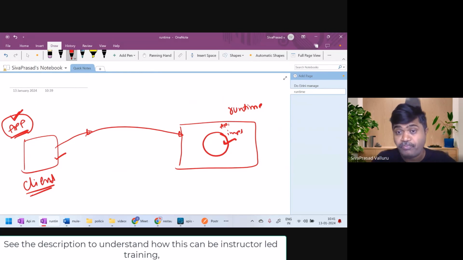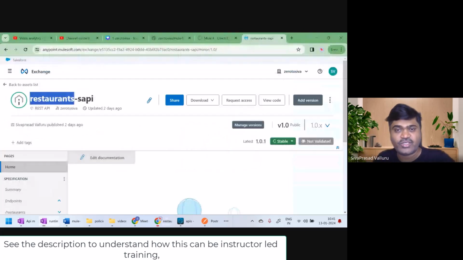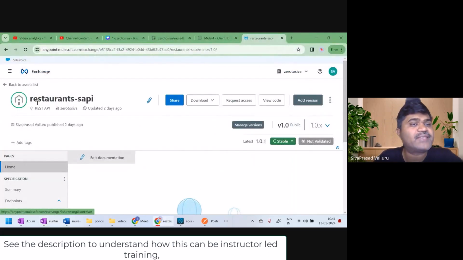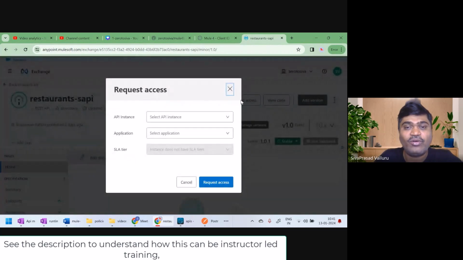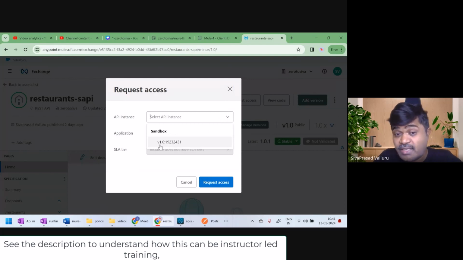Let me show you how a request access can be done within our organization. Even within our organization, if some other team from another business unit wants to use my API, I am the API owner, so they should request access. I'm in Exchange. This is the restaurant's SAPI. Here, there is a request access button. If I click on it, it asks me to select which API instance. Do you see this is the API ID